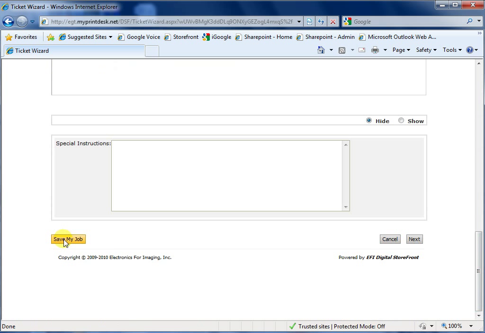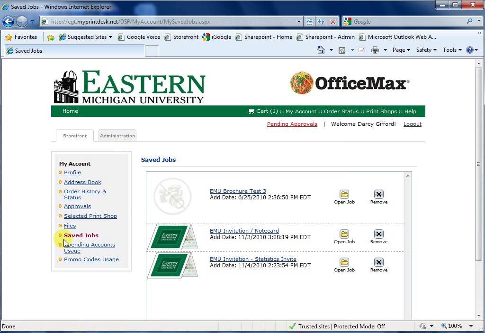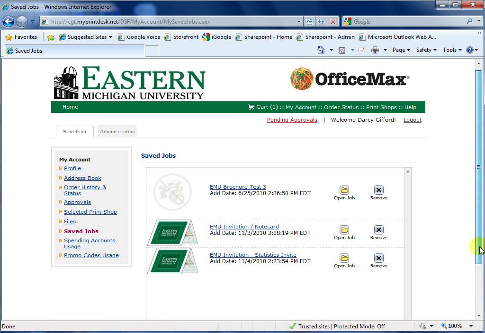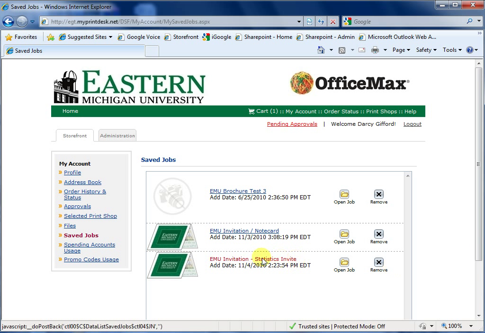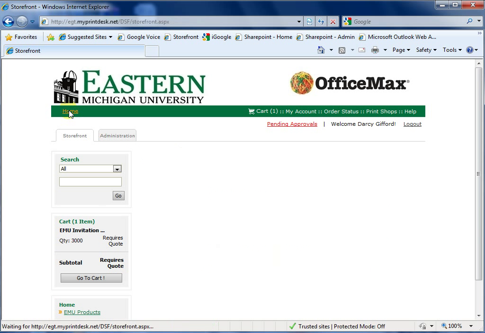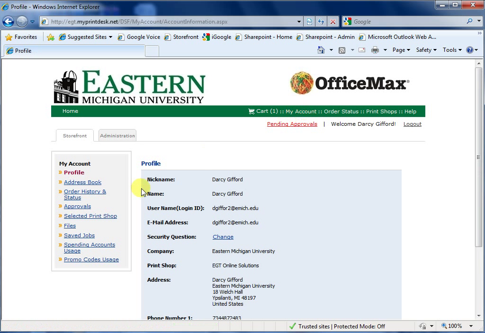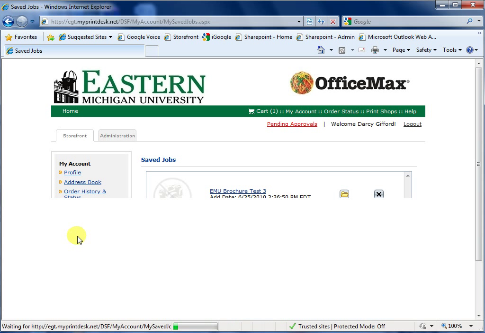So by clicking Save My Job, you add the card or the product that you're working on into your personal Saved Jobs area. So at any time you can go back and make a change to it before putting it in your shopping cart. After clicking Save My Job, it brings you right to the Saved Job screen. If you needed to get to the Saved Job screen from the home page, here's how you do it. From the home page, you click My Account, then click Saved Jobs,